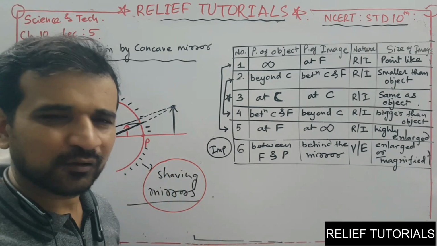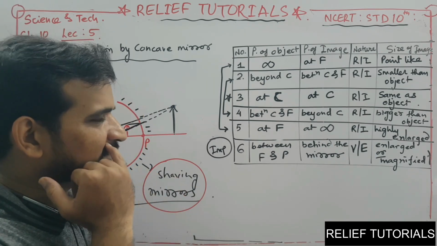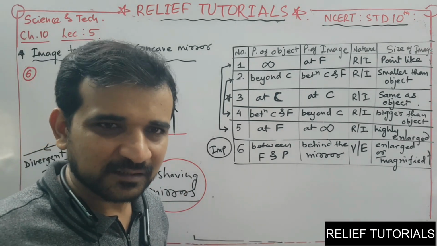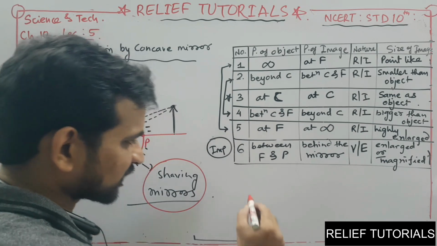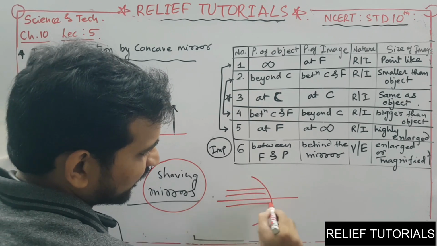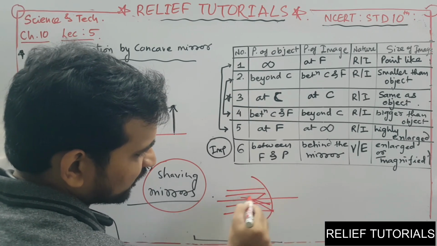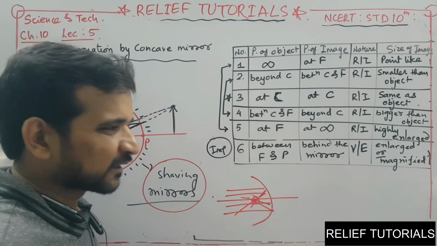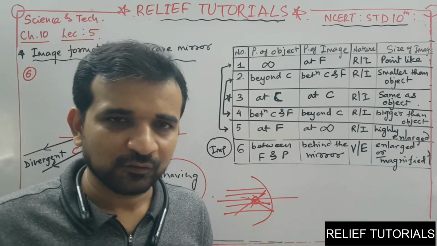Many other uses are also there. The concave surfaces are also used to concentrate the light, focusing the light, because we saw in the very first case that if the rays are all parallel, all these rays can be focused at one point. So focusing of light is also one of the uses.